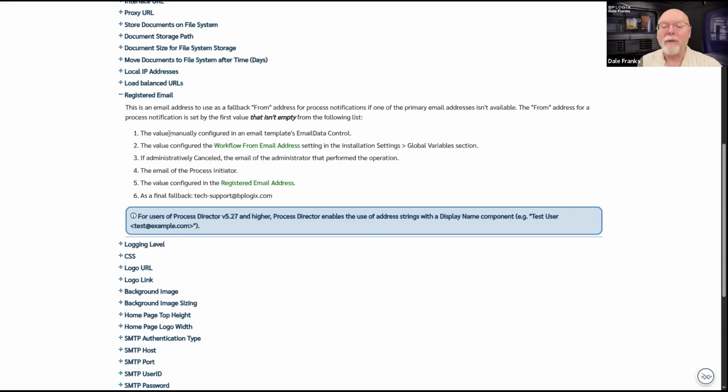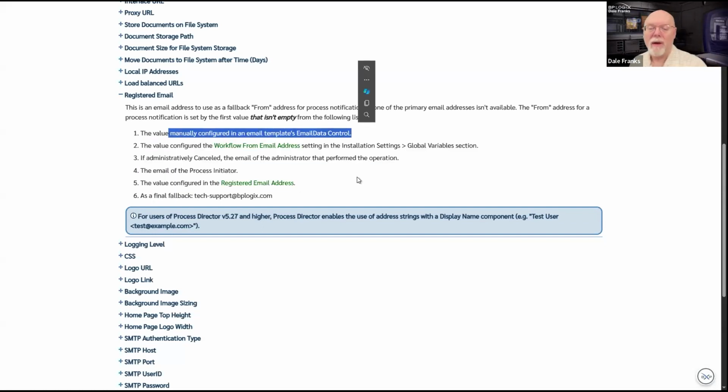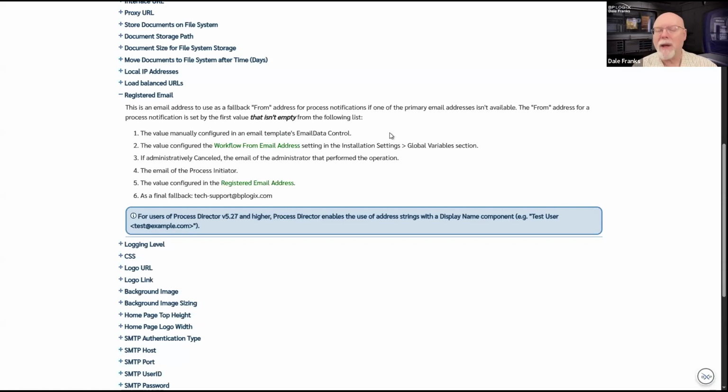So if you manually configure a value in the email templates, email data control, then that will be the primary email address that you use. As I said, most of the time we don't do this. Most of the time, we just want to let the default return address be used, primarily because we really aren't interested in having people reply to our email notification, and we don't want them to reply. So we'll use one of the built-in email addresses that are down later on the list.